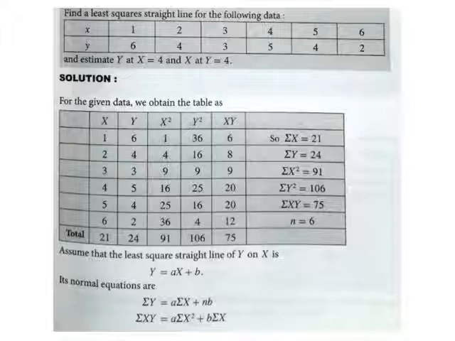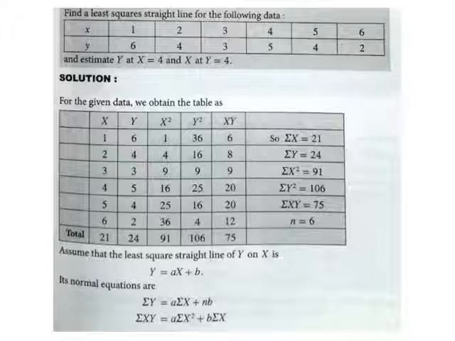Again the question, least square straight line for the following data. These are some requirements after getting the straight line. Use the same process. Firstly write down the normal equations. Students, here you must learn one thing: that straight line you may write in terms of a plus bx, or you may write y equals ax plus b. Both are the same. So try to learn the generation of formula, the generation of normal equations. That is very important here.